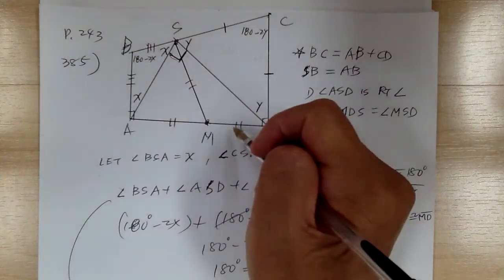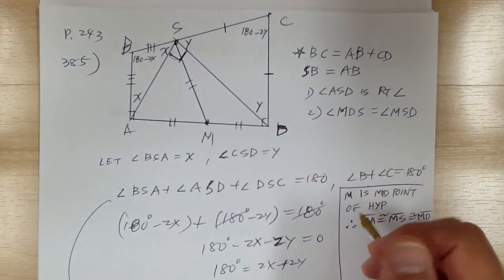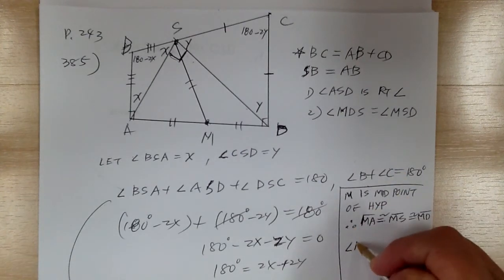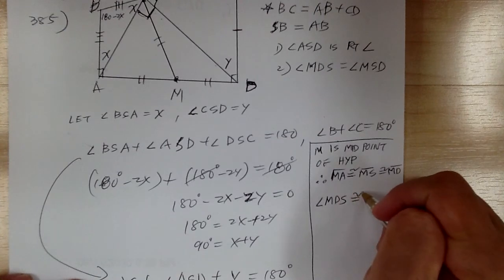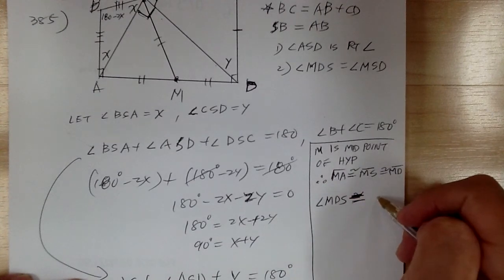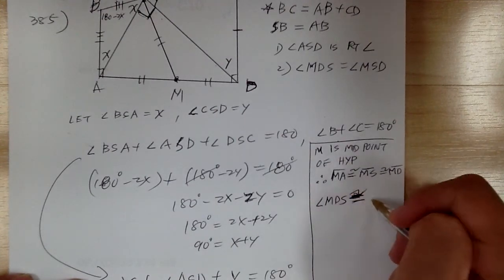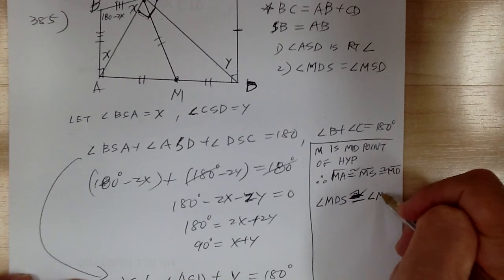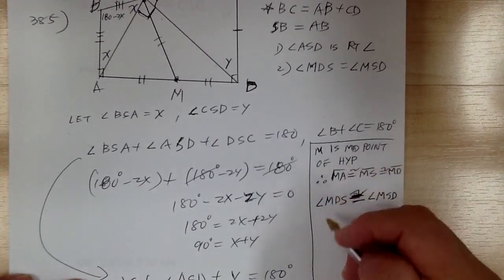Now, once they're all congruent, you can see that this angle is congruent to this angle. So angle MDS is congruent to angle MSD, and the reason for that is